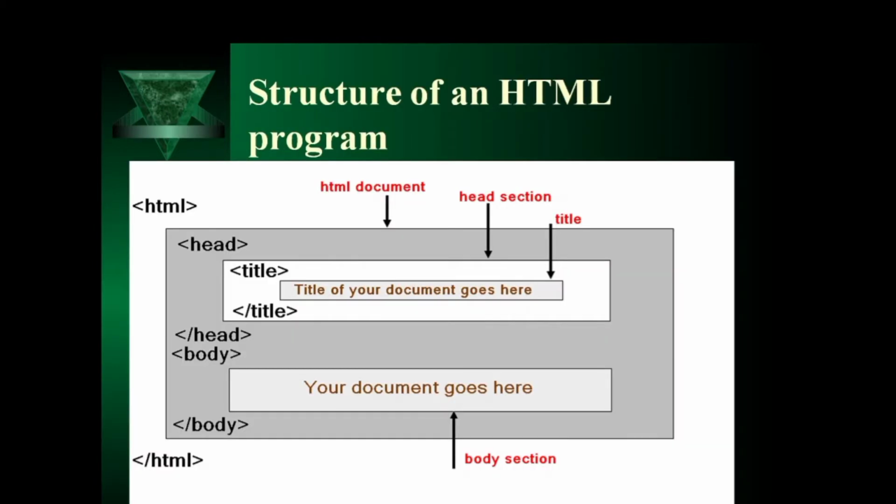Here you have seen the structure of an HTML program. Every HTML document starts with the HTML tag. After that another tag comes, that is head. Head means the header. It defines the header of our page. In that header portion we write the title of our page. Title of your document goes here. After writing the title, we close our head tag. Now we open our new tag, that is the body tag. Here we write all the things or contents that we want to show on our web page. After this you have to close your body section and then the HTML close tag. This is the basic structure of a basic HTML program.